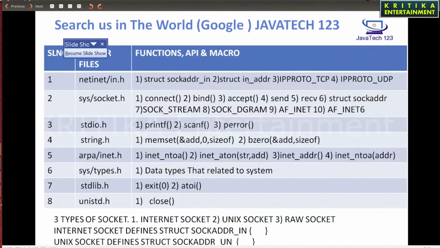These two structures are used. IPPROTO_TCP and UDP mean it is used for your protocol. How it is used, I will tell you after some time.